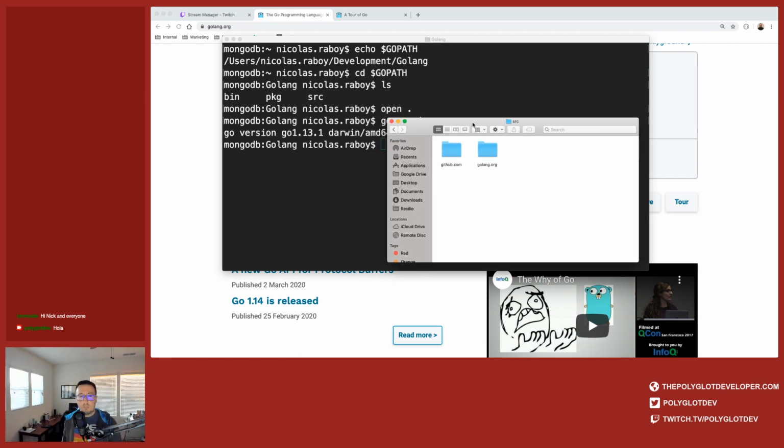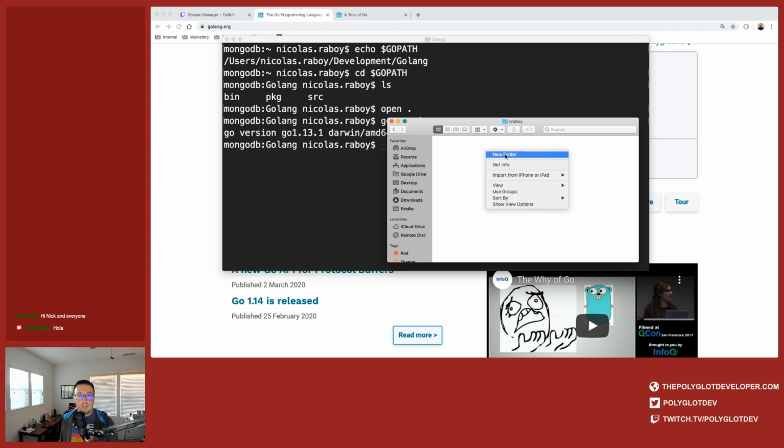I've never experimented with that yet. I've always stuck strictly to this Go path, and I've followed the naming convention that's been used up until recently. So for example, all of my projects would appear in source, the GitHub folder, and you're basically creating a namespace here, and then Raboy. So any project I wanted to create in here mimics what I'd see on GitHub, for example. It doesn't have to, but in this case, it does.